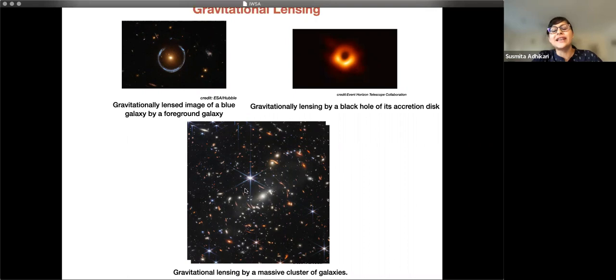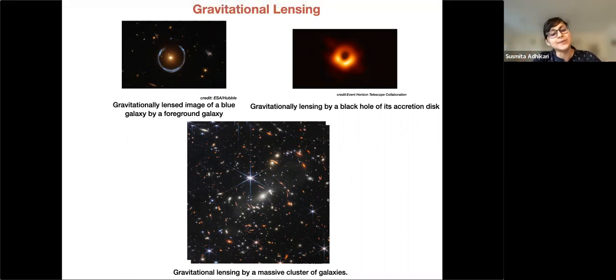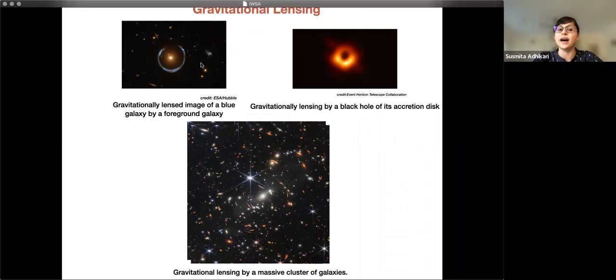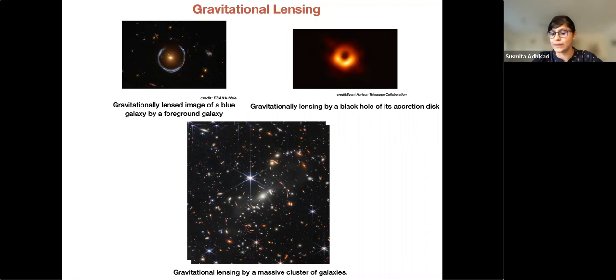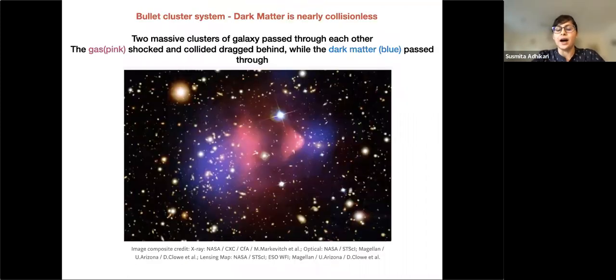So through gravitational lensing also, we saw that we could not actually explain the total amount of distortion that we were seeing simply by adding up the mass in stars, that we always needed more mass than what we could see in this luminous matter. And we needed, in fact, many orders of magnitude more mass to explain the bending of light around these images that we see. So that provided some independent evidence for the presence of dark matter